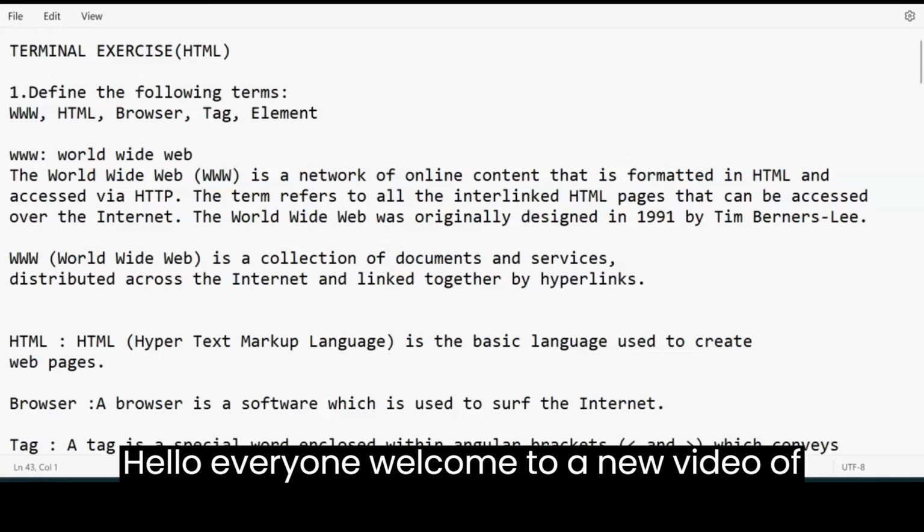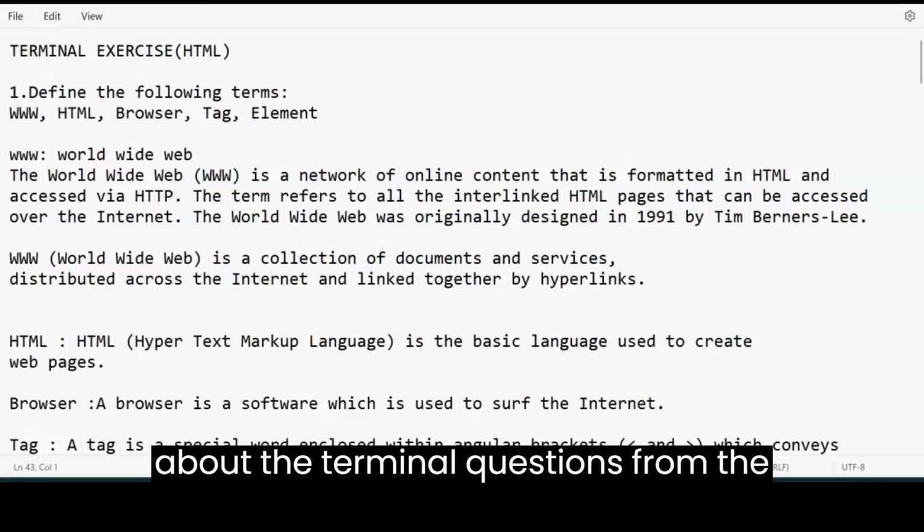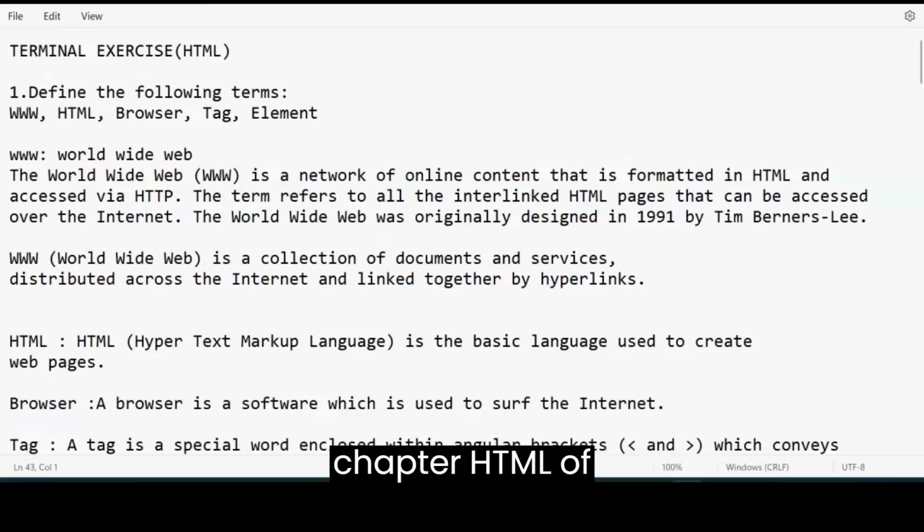Hello everyone, welcome to a new video of HTML. In this video, we will be discussing the terminal questions from the chapter HTML of NIOS for the senior secondary